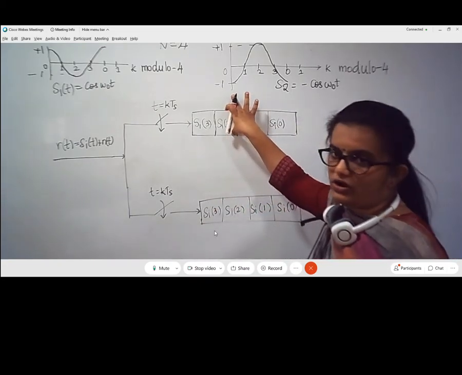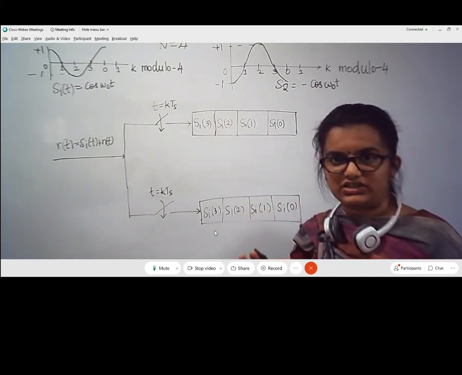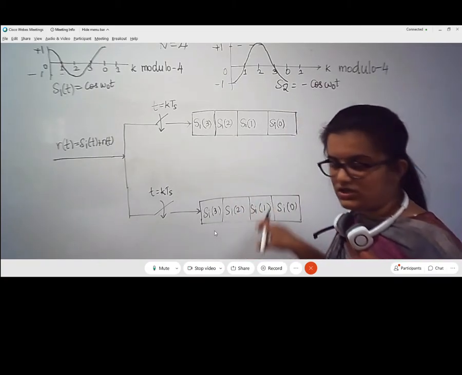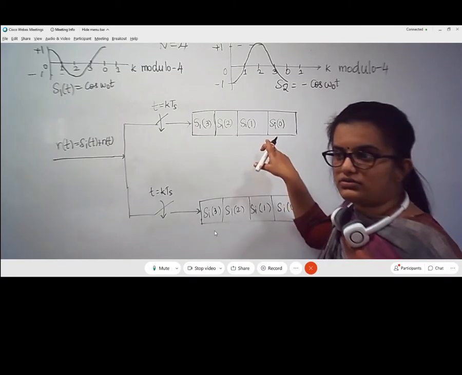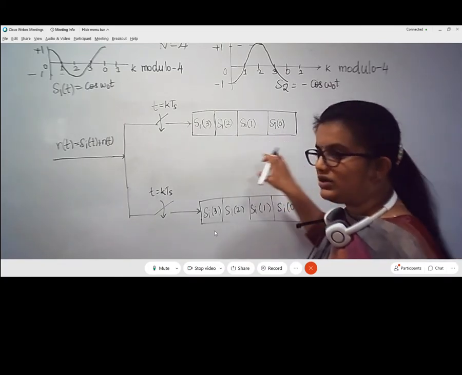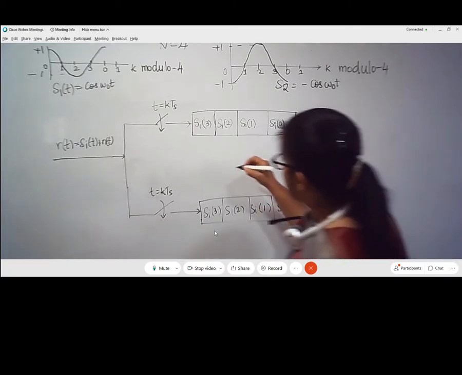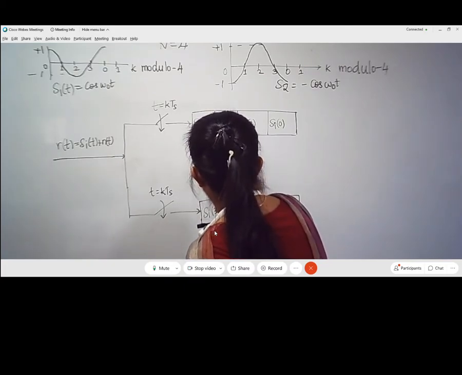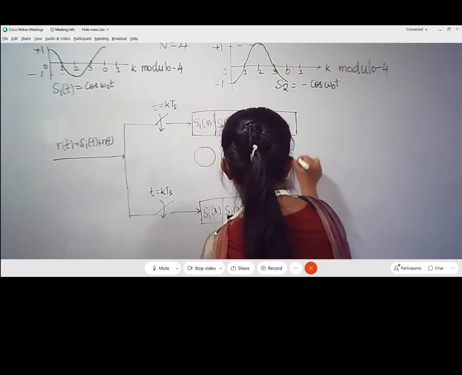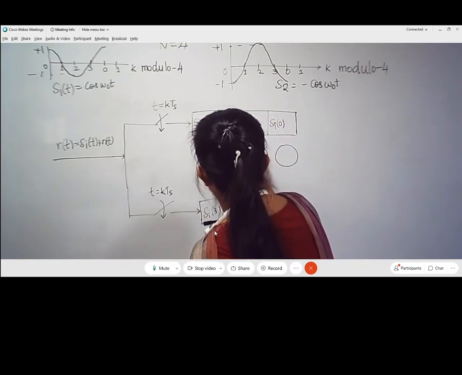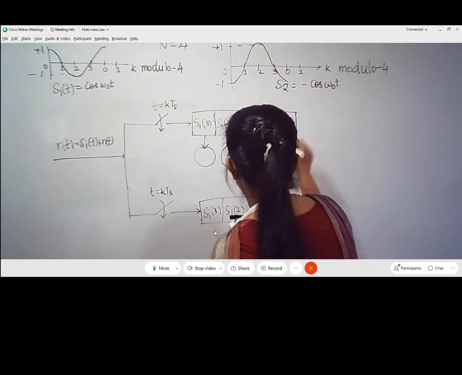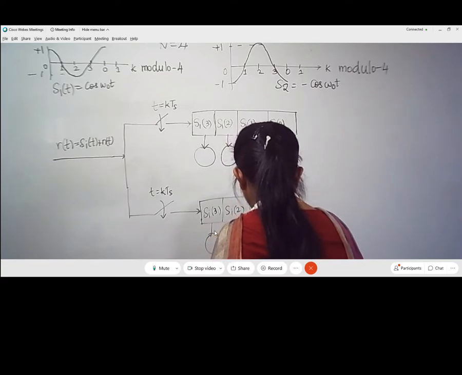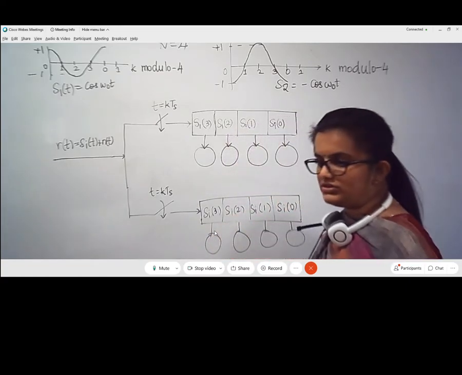So once I have fed all the received samples, corresponding to only one particular symbol, I pass it to 2 different layers of the receiver structure, where I am going to compare the received samples with respect to the symbols. Here I am going to have what are called weights corresponding to each symbol. I am going to feed this information into the weights of the filter. We call them the weights of the filter.